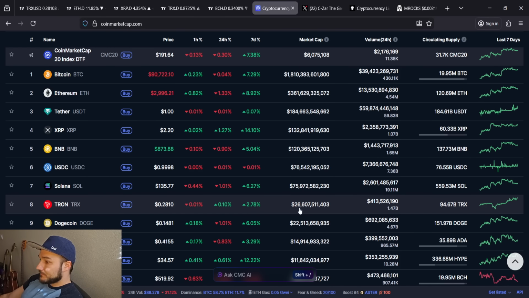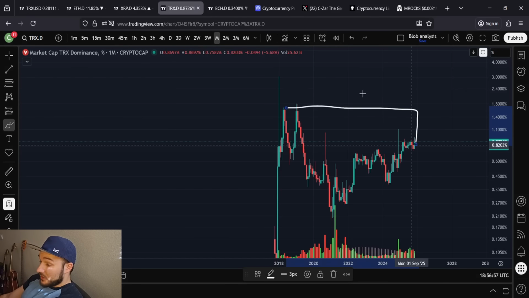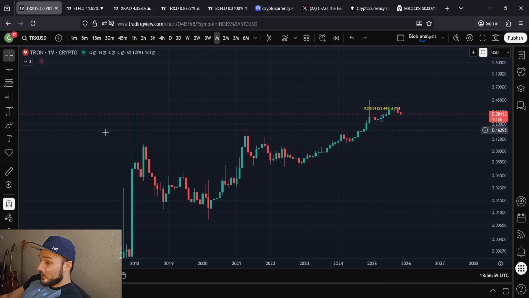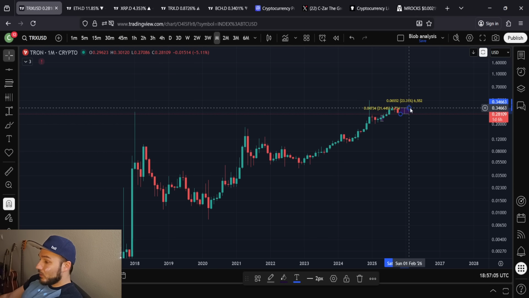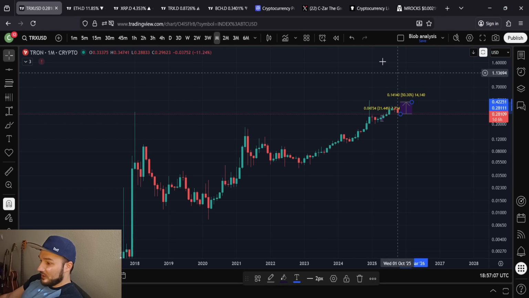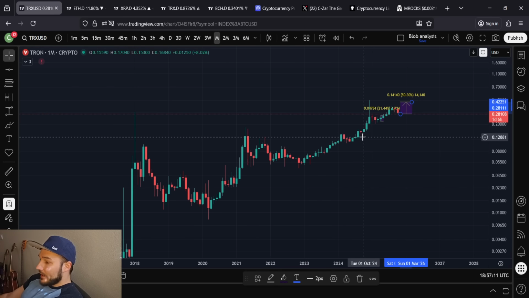From here, I mean that would promote what? That's another 6 billion from here. Out of 26, it's about a 20% pump. Those are good gains on a very high market cap coin like this. 20% pump here. That puts you basically back at your all-time highs, if not more. Tron would be breaking out into new all-time high territory with a standard retracement here. And I'm not going to lie, I'm a little bit less excited for Tron, but it is something to note.